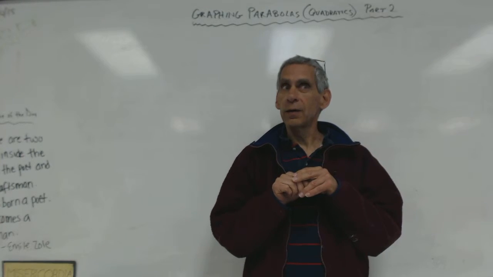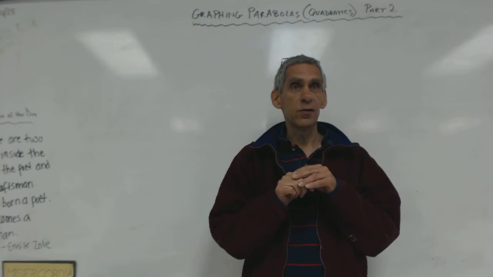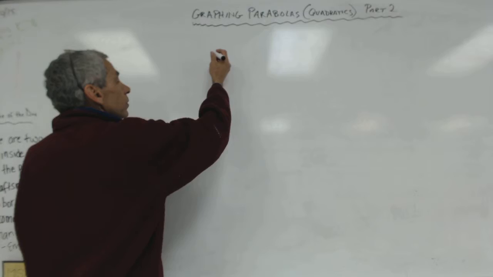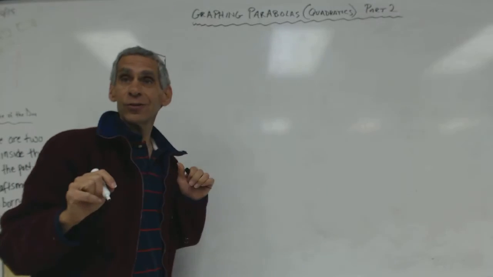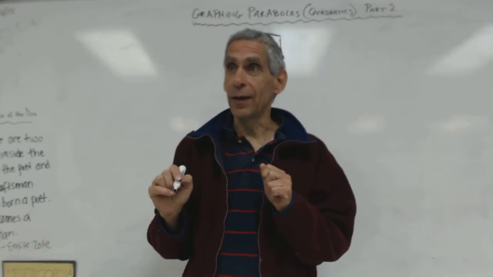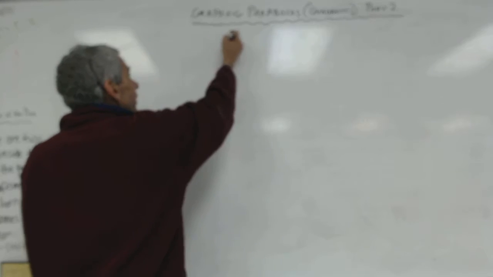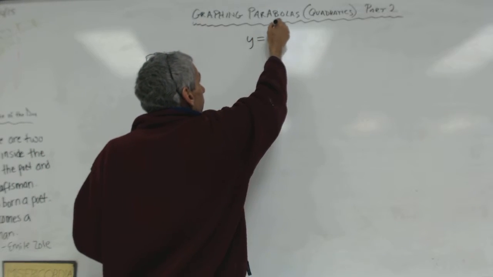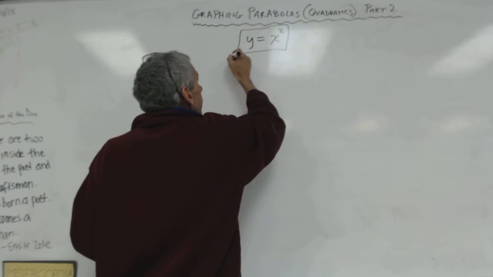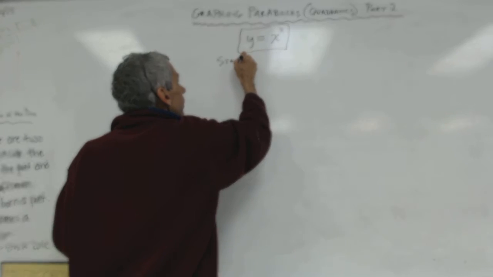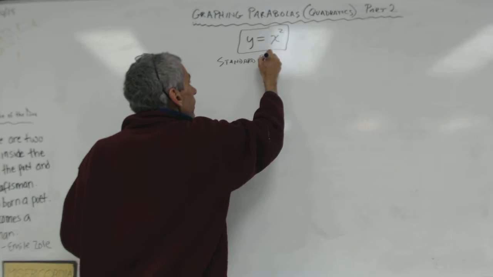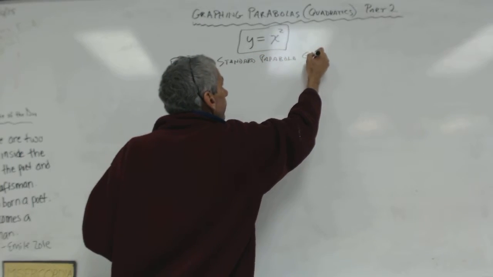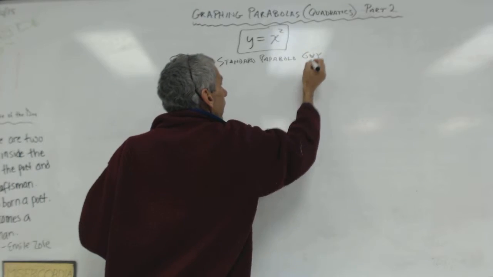And it's not much harder than part 1 at this point. Part 1, I'll just remind you, we figured out that there's a guy named Standard Parabola guy, right? And the way we always recognize him is y is equal to x squared. That is Standard Parabola guy. And Standard Parabola guy was